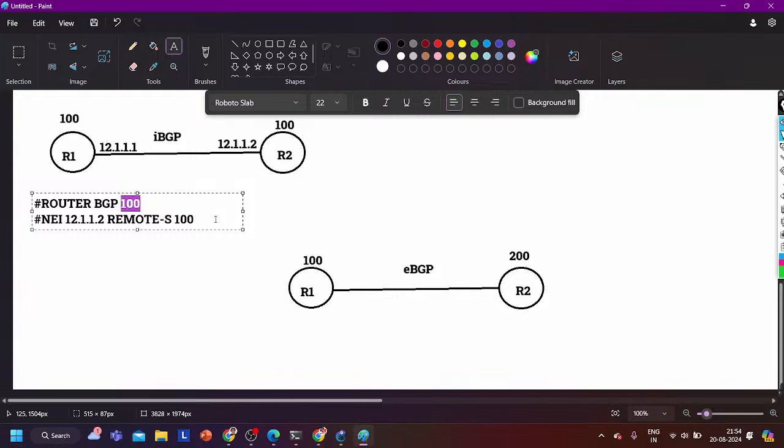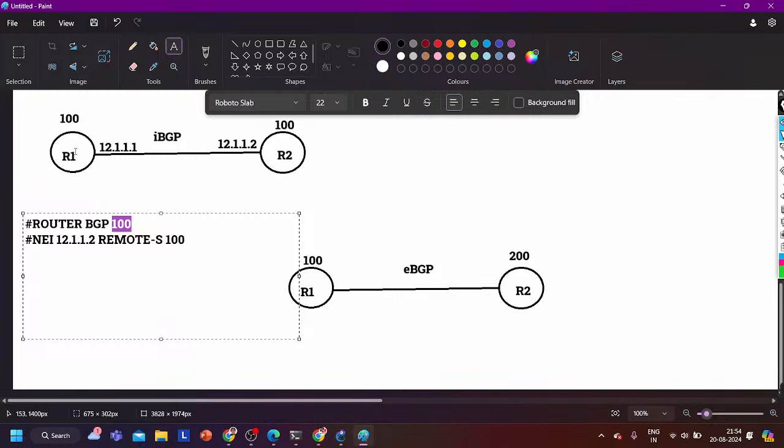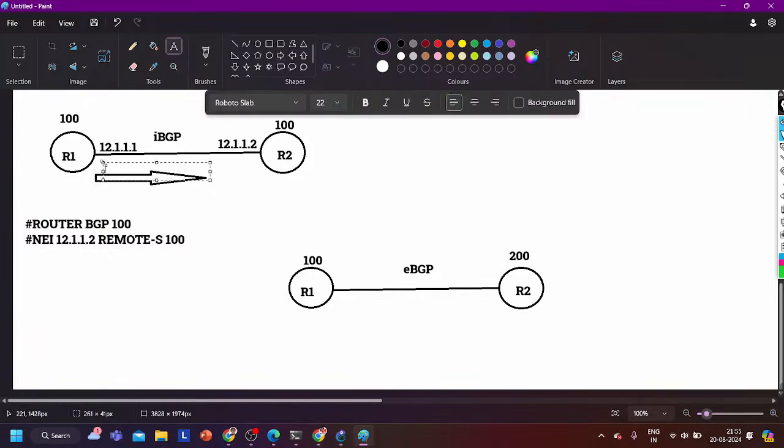That means which type of neighborship am I going to form? An iBGP neighbor, right? But as you know, BGP is a TCP based protocol. So the router cannot send BGP messages directly to its neighbor. So once I hit enter over here, what will router 1 do? Router 1 will generate one SYN message. The SYN message is nothing but the TCP header.